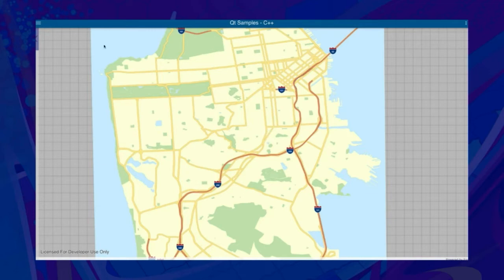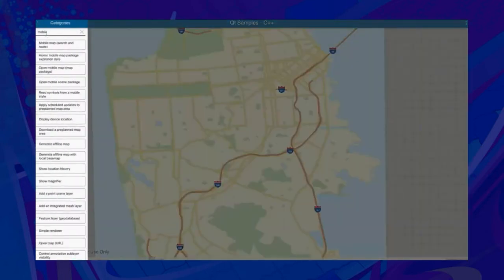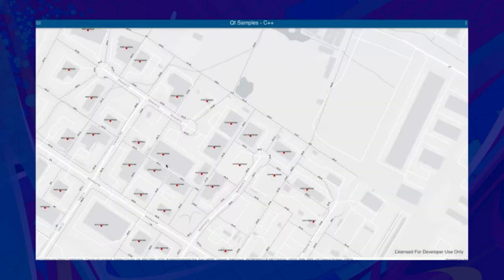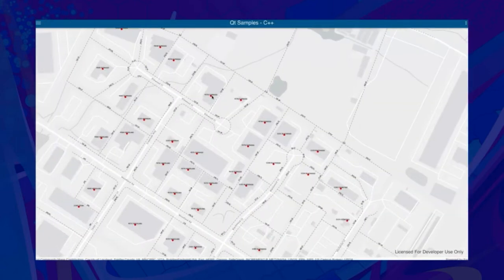The last one we're going to take a quick look at is the edit features with feature linked annotation. This one, we actually download a geodatabase, and it has an annotation layer, which is feature linked, as the title would suggest. So it's pulling from these features the address name and the street name. And since it's feature linked, we're actually able to edit these attributes and update them, and they'll persist to the local geodatabase that we've downloaded,